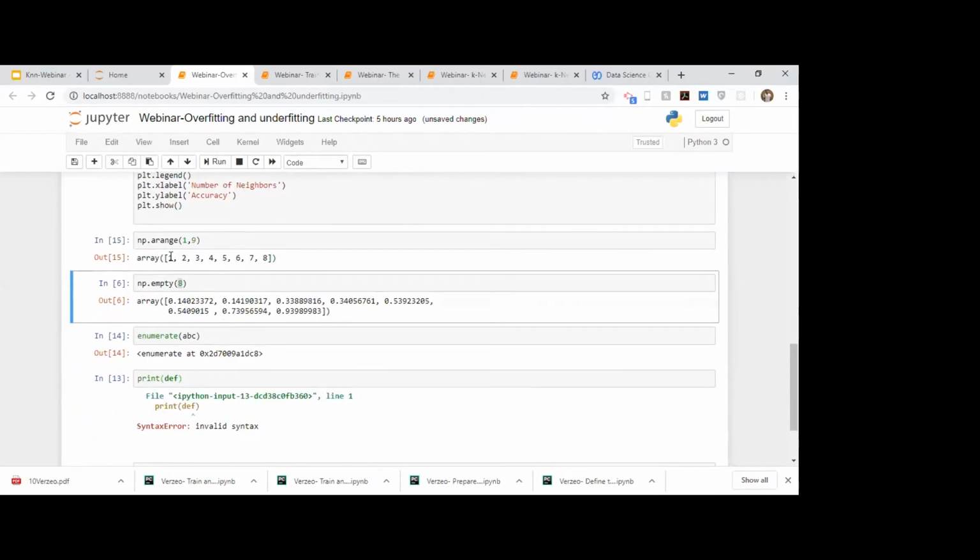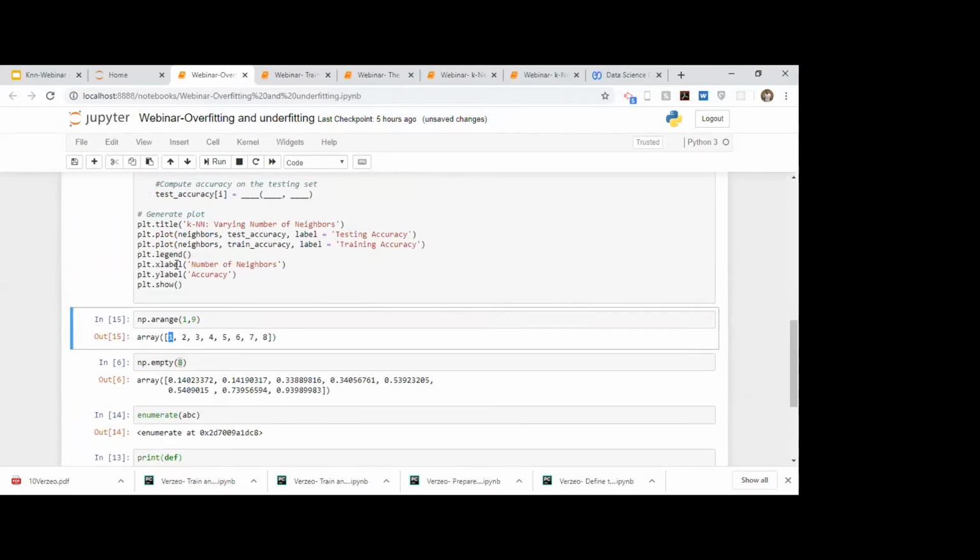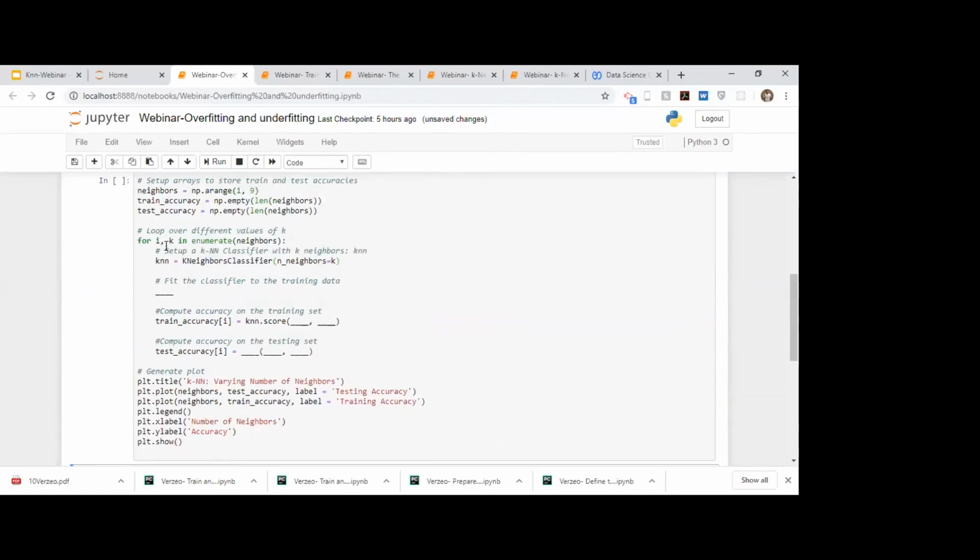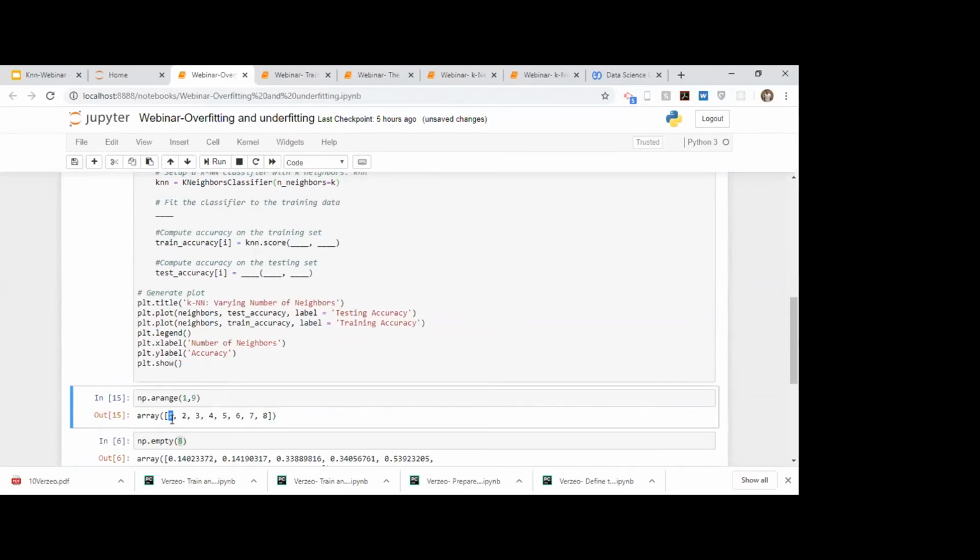So what we are doing in this line, for i, k in enumerate(neighbors), is this: it will create a key value pair such that your first key will be your index, in this case 0, and the second would be your value, in this case 1.